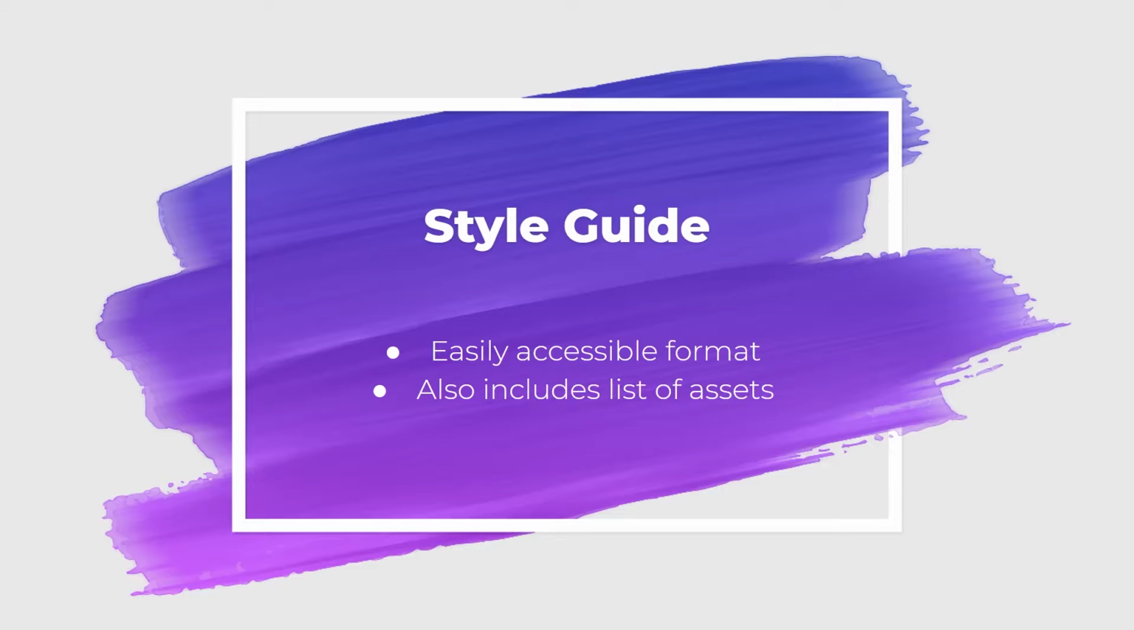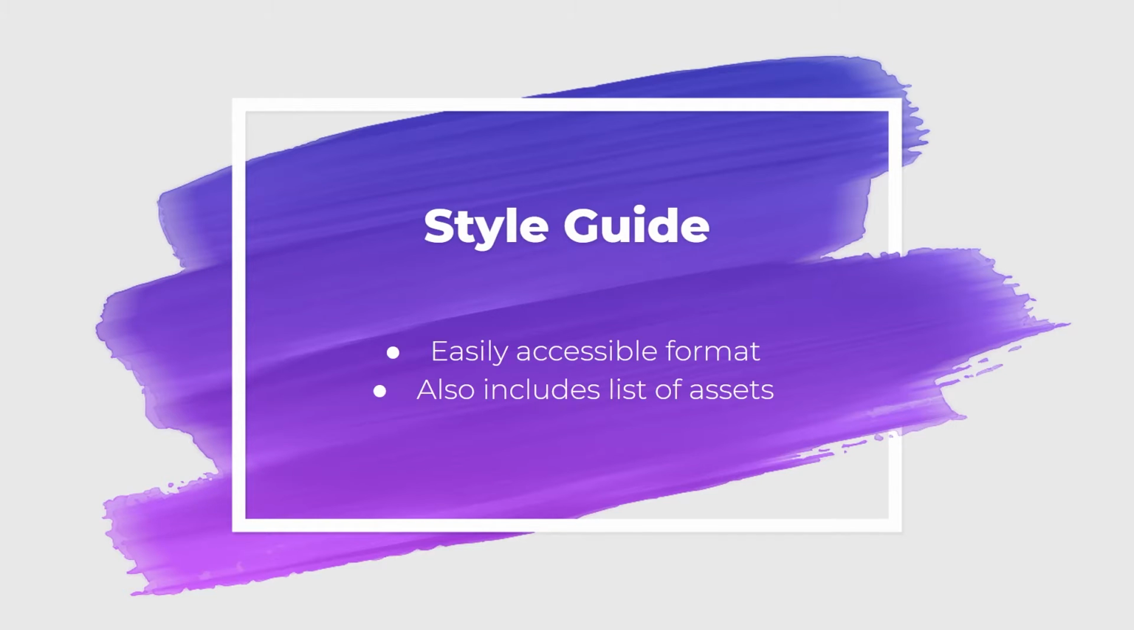When making your style guide, make sure it's in a format that everyone on the team can access. This can be Word, Illustrator, whatever works for designing it and is accessible to everyone. Your style guide should also include a list of most of the assets your app will need. You won't be submitting all these assets right now, but it's good to have a plan of all the assets